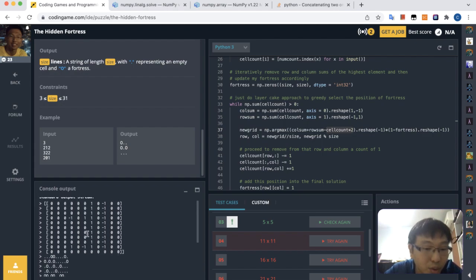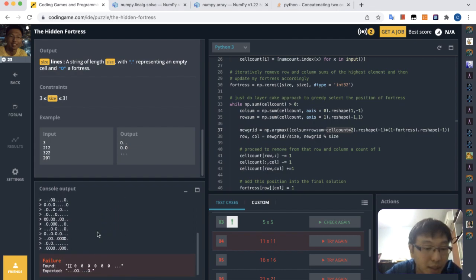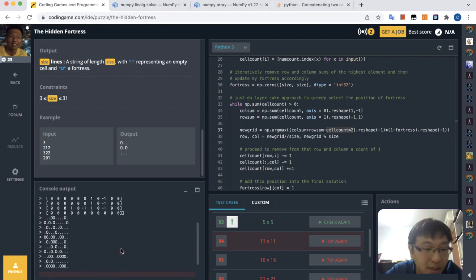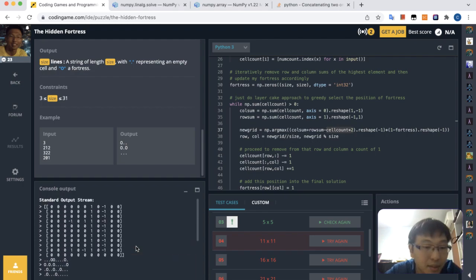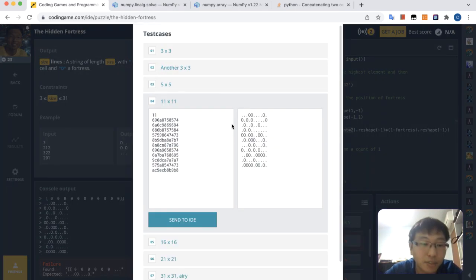If you look over here, like this row and this column, there's basically one less here and one more here, and then there's one less here and one more here. And if you look at the answer, this was 11 by 11. Let's see the answer for 11 by 11. How far off are we? If you compare this to this one here, oh, so we are missing this one, and this one is at this position,